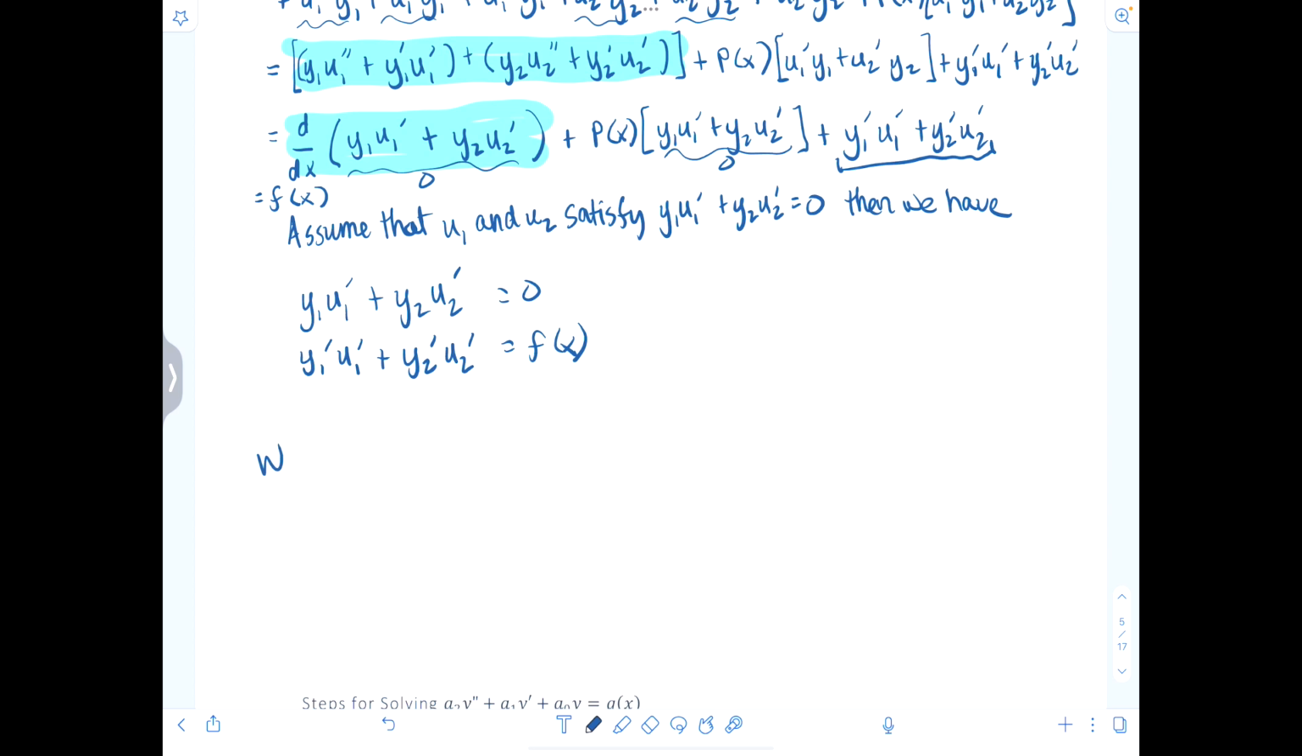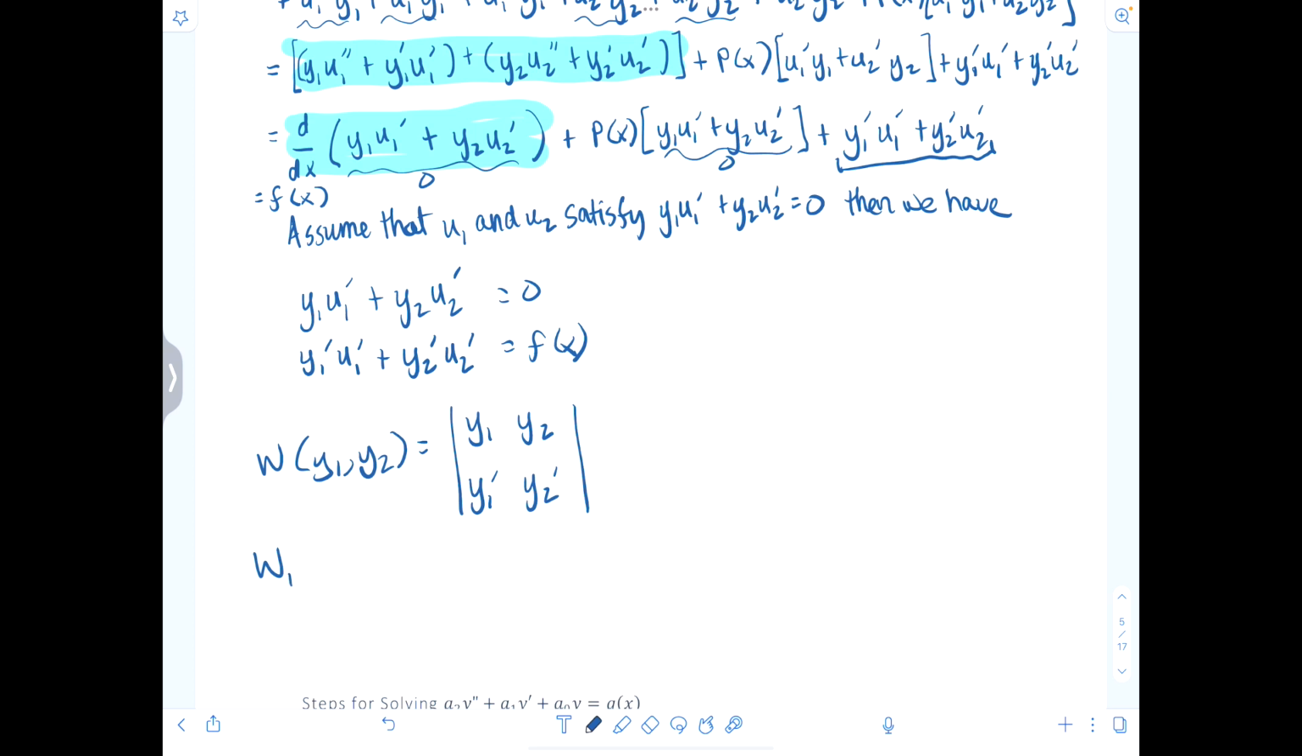So the denominator, the Wronskian for y1 and y2, would be the determinant with y1, y2 in the first row and y1 prime, y2 prime in the second row. Isn't that cool? And then